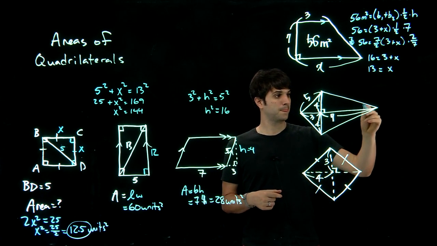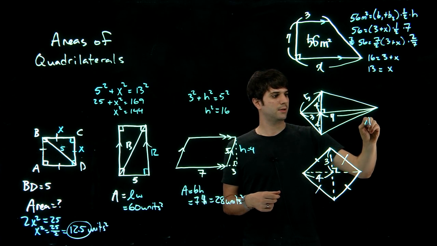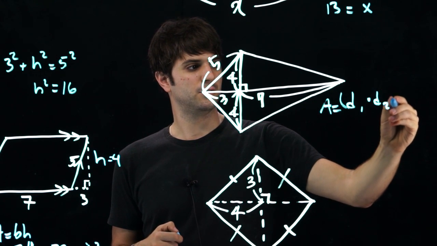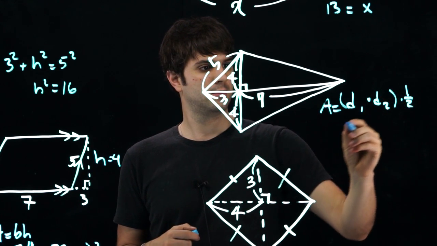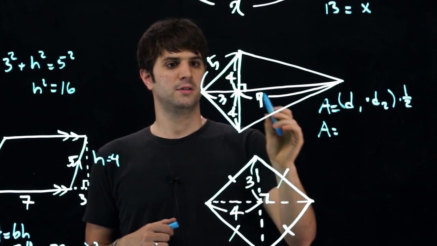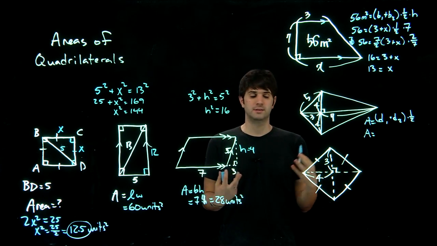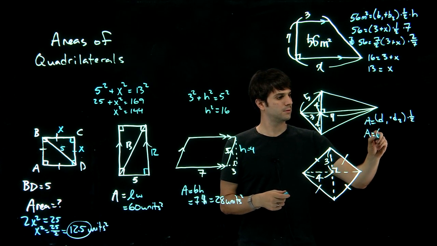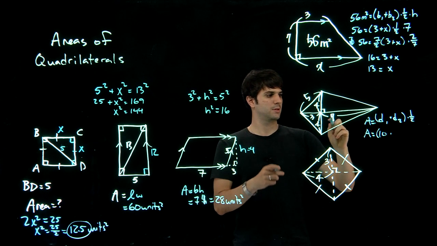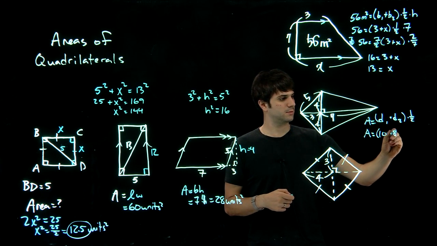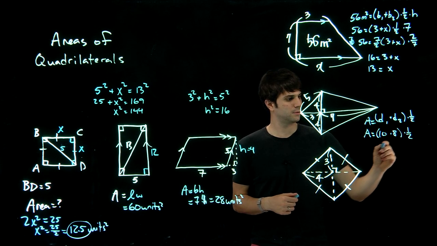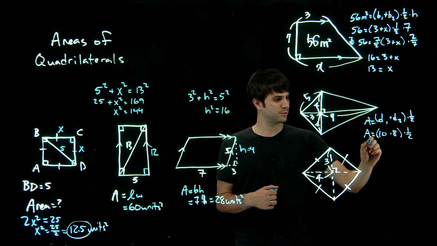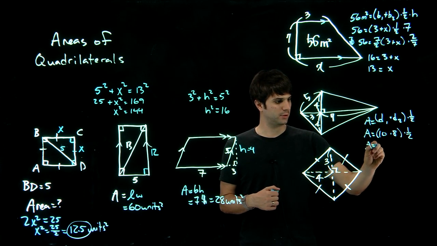Kite's area equals d1 times d2 times 1/2. So it doesn't matter what d1 or d2 is, but we'll say this is d1. That's going to be 3 plus 7, which is 10. So 10 times 4 plus 4, which is 8, times 1/2. Okay, so that's 80. 80 times 1/2 equals, area equals 40